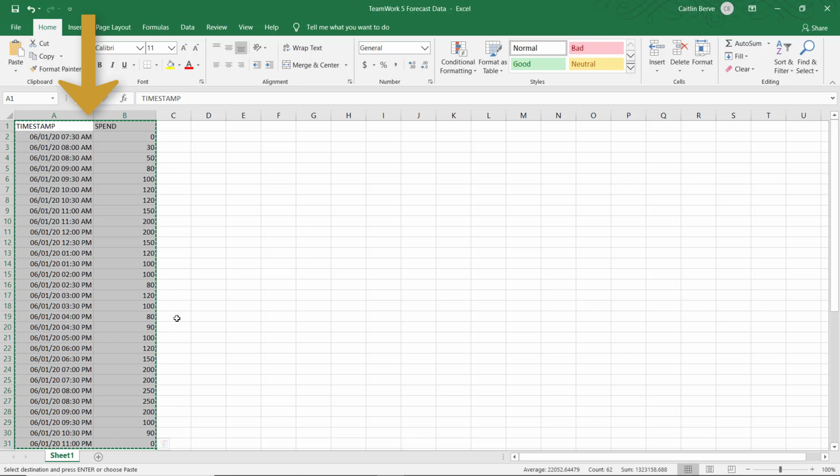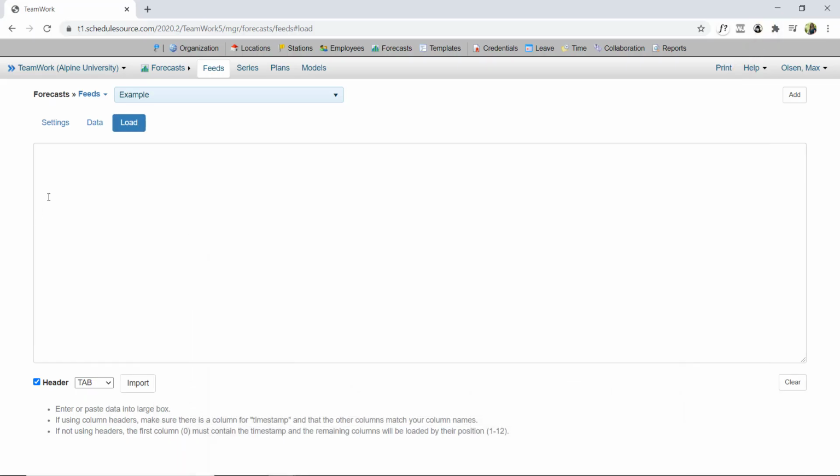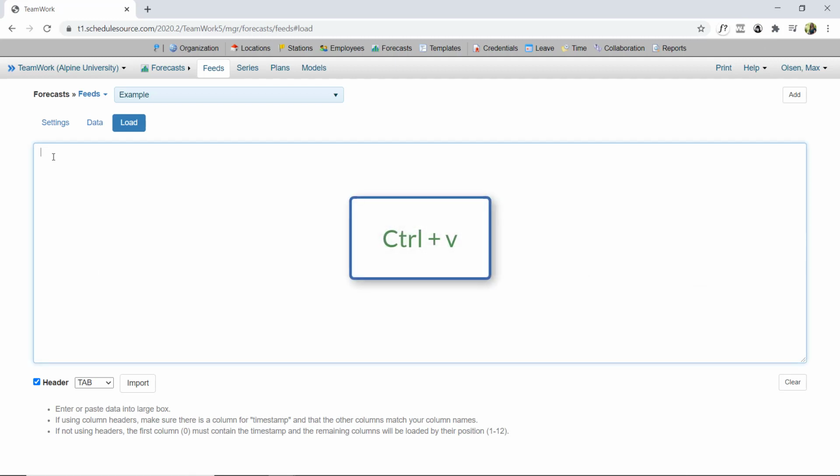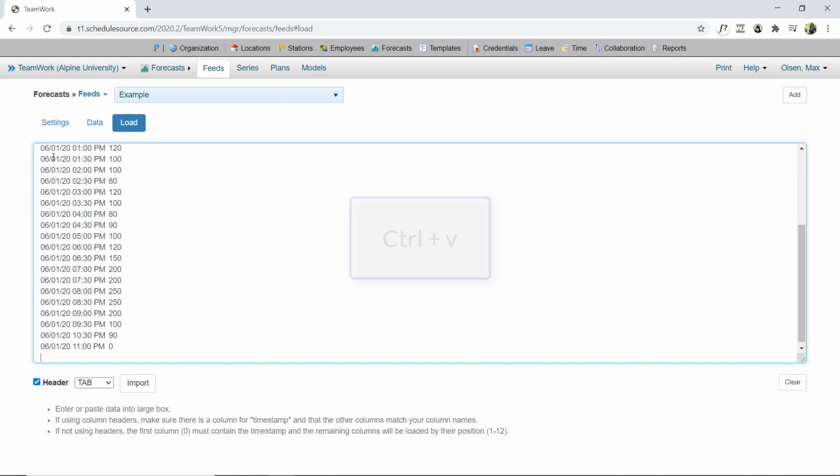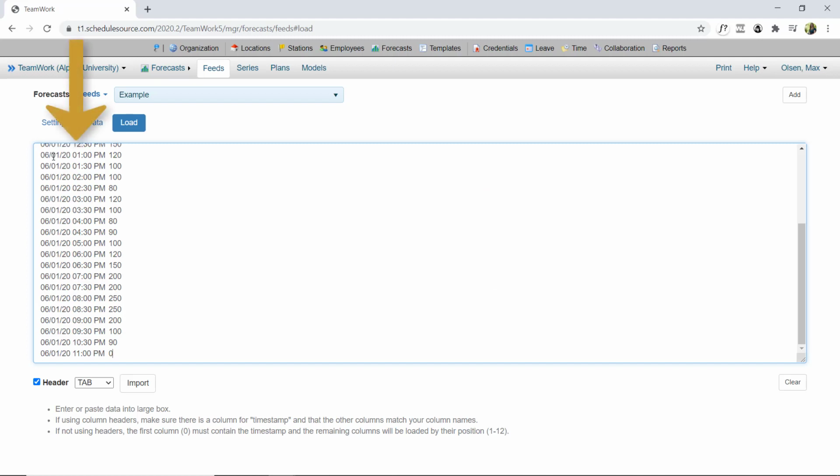You have to include the names of the columns, and those names need to be the same ones as the names of the columns you created in your settings section of your feed. So notice the first column is timestamp, and the second column is spend. Now I'm going to minimize this window. Then I'm going to click in this box and paste that information using Control-V, and now that information has been